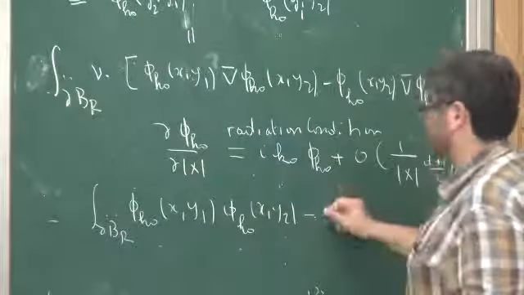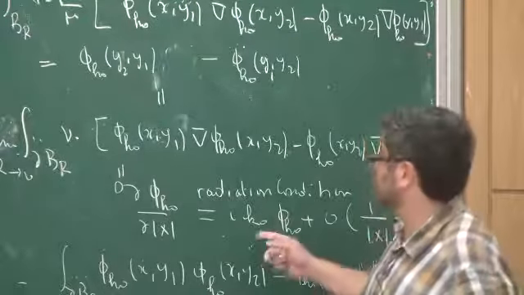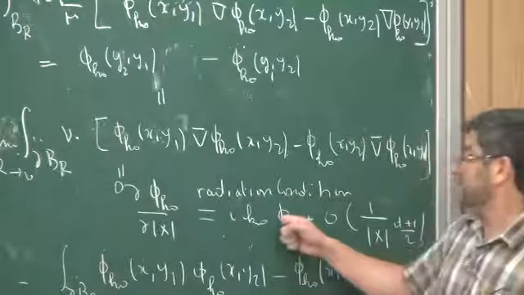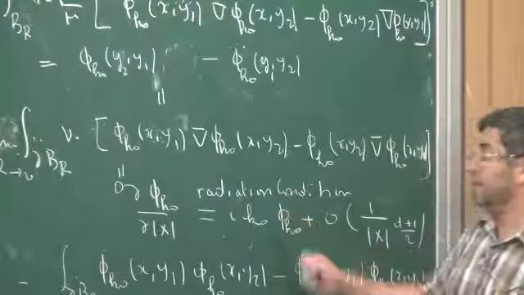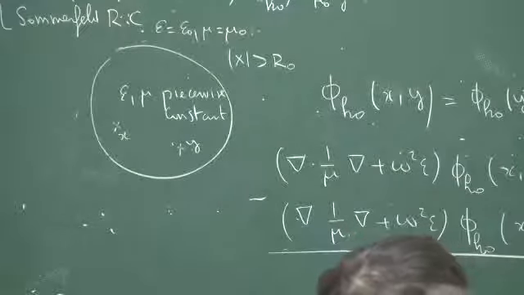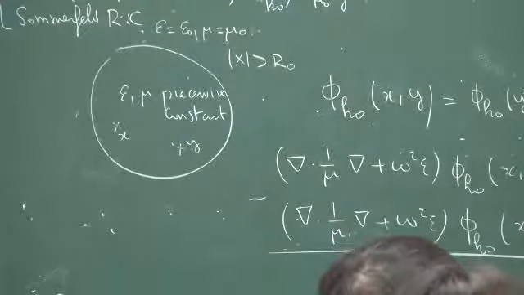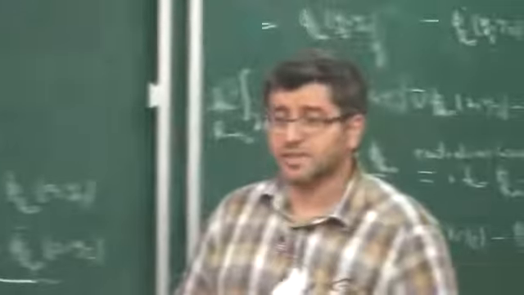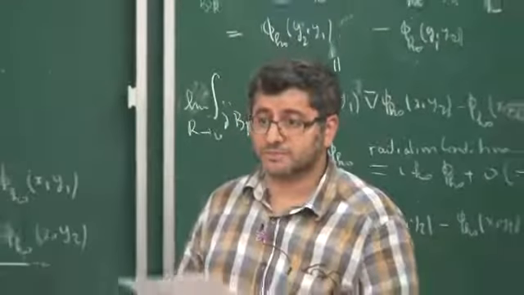This is the reciprocity, and it relies heavily on the radiation condition. Without this, it's not correct. So it's true for a general domain. It's true for any distribution psi and mu, because the only thing that we did is integration by parts. Can you understand it as time reversal? It's reciprocal. Yes. We'll talk about it.